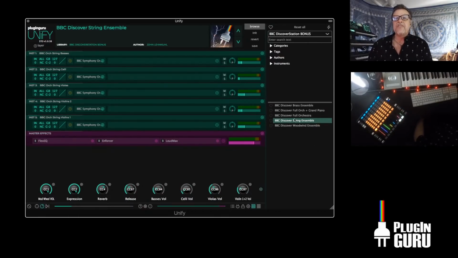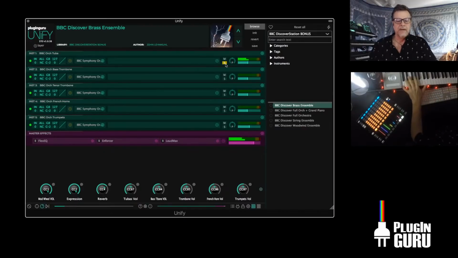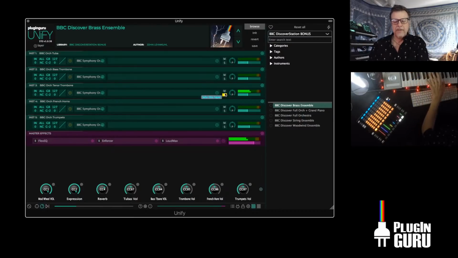Now, inside of the BBC Orchestra, there are also 5 brass. So, pushing a button here and you immediately load up the tuba, bass trombone, tenor trombone, French horns, and trumpets. And with UNIFY,